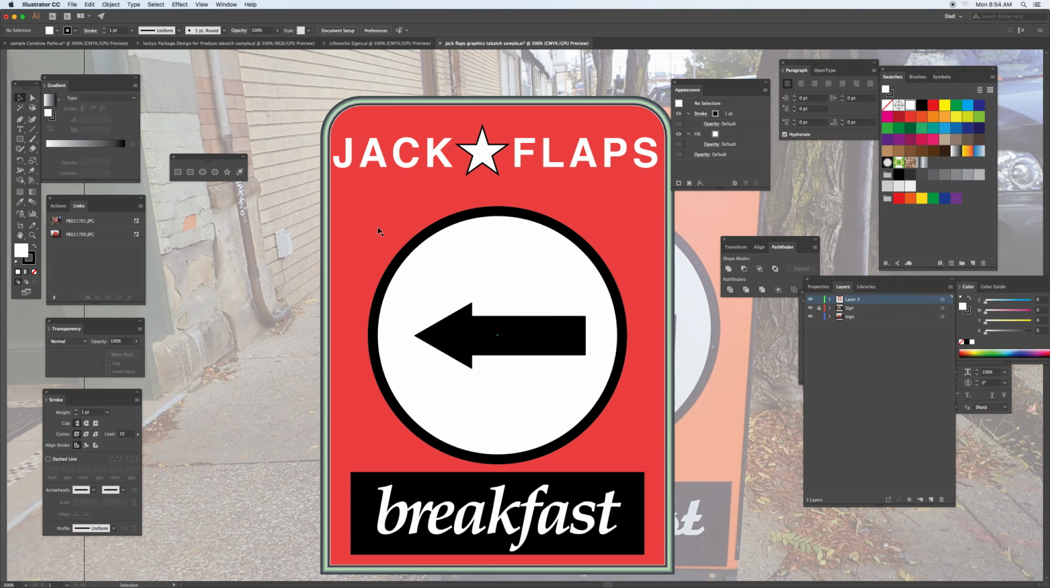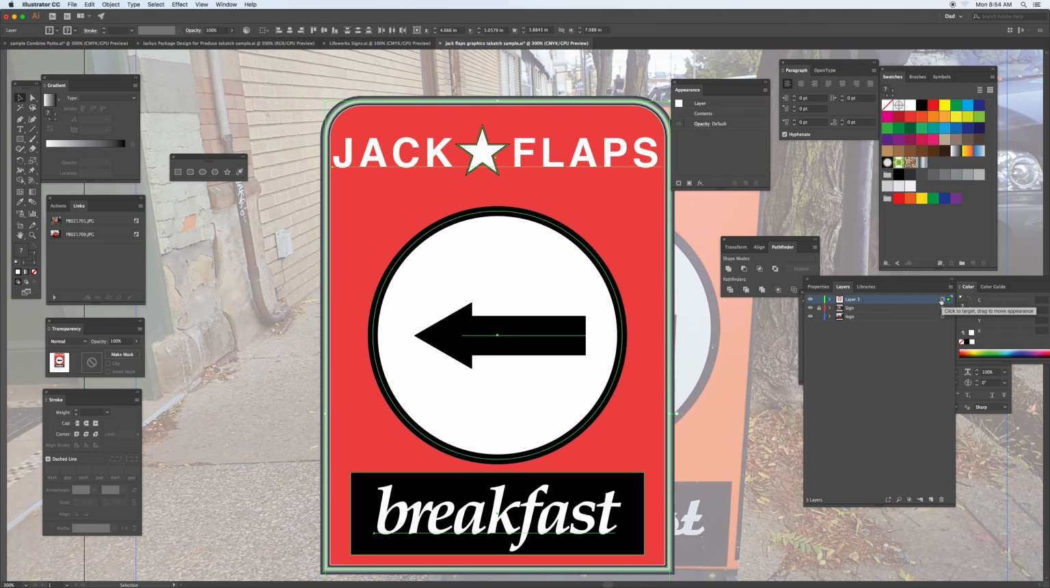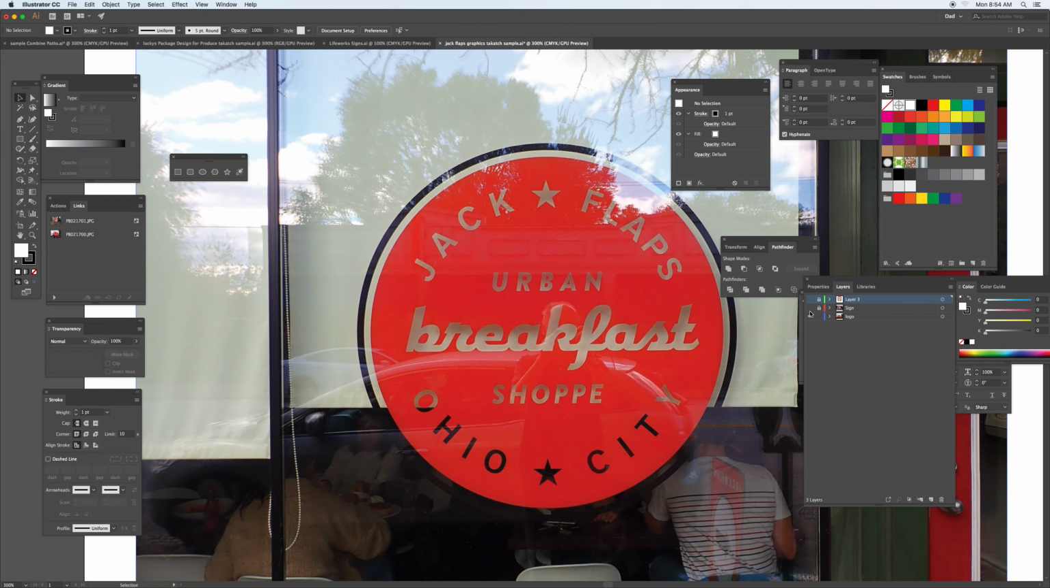So this is representing the sign. Some of the graphics I'm going to take and just copy onto there. Everything that's on this layer, I'm just going to make a copy of, lock it, and hide this one. This is the logo, so I'm coming to this layer to select a new one right above it,